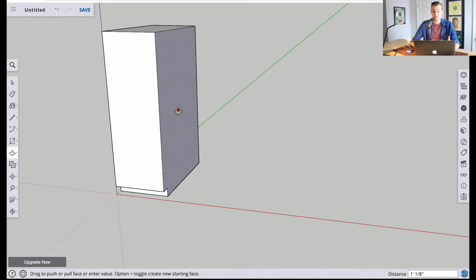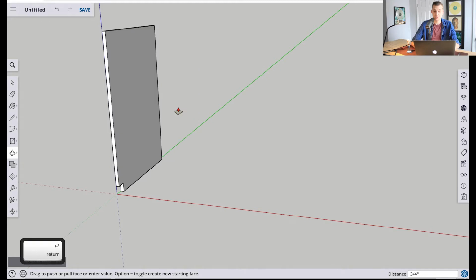Now I can make this 3/4 inch by either clicking 0.75 in the bottom, or I could also do this by typing in 3 divided by 4, which is the fractional equivalent of 3/4 inch. We have created our first panel,